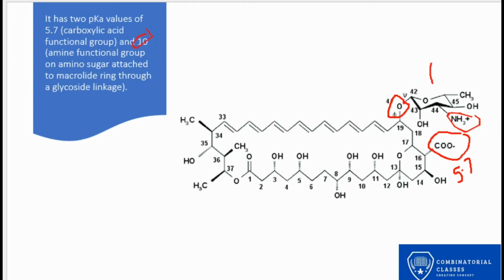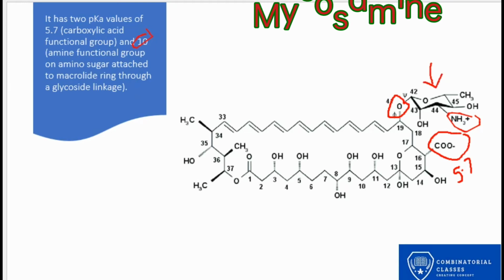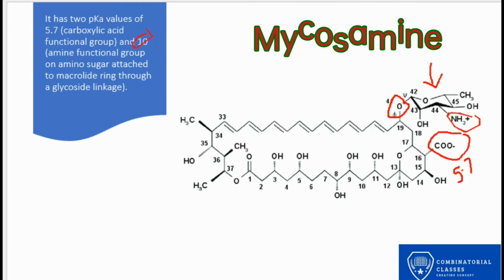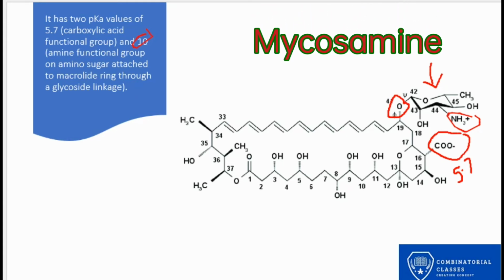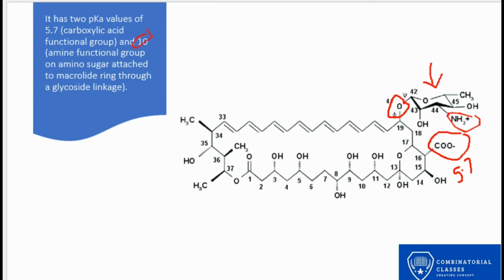इस रिंग को हम लोग क्या बोलते हैं? Mycosamine. This ring is called mycosamine and it contains the amino group, right? This is in the NH3 form, this amino group, right? So amphotericin B forms salts with both acid and base. यहाँ से भी आपको salt बना सकता है और एसिड से भी ये साल्ट फॉर्म में बना सकता है।